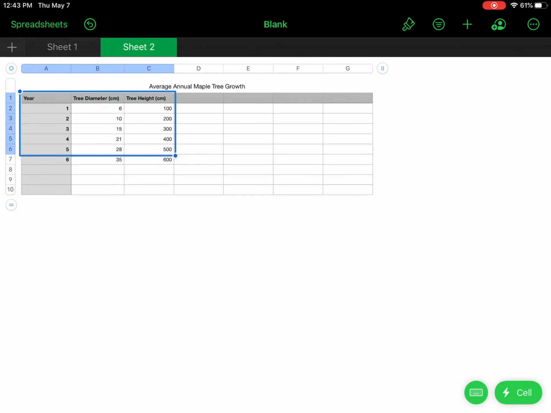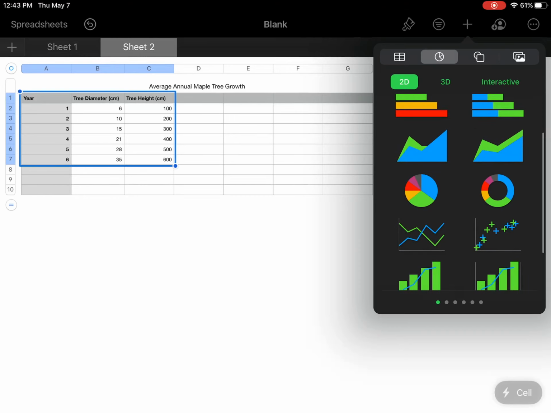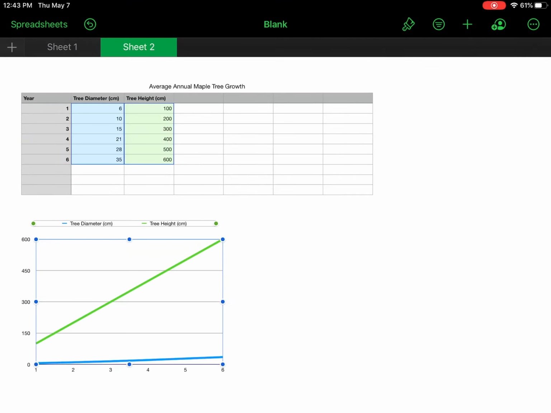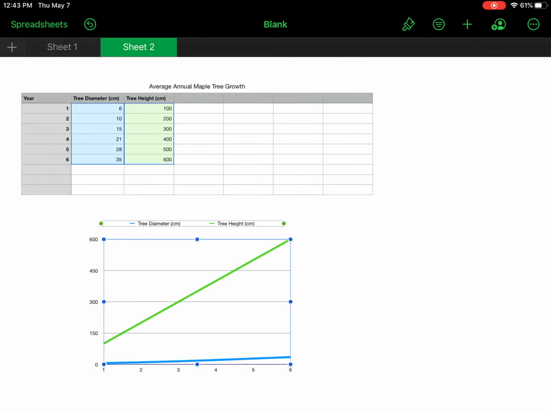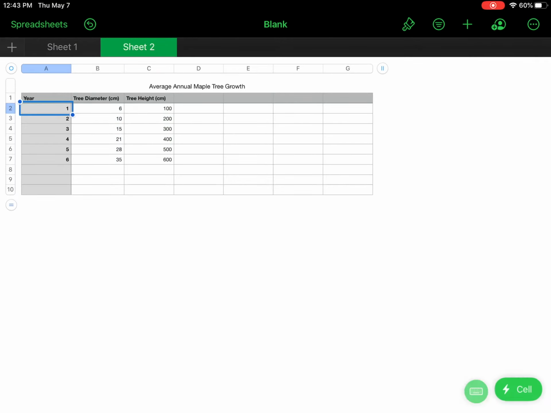Okay. Once you have all your data written out, you'll highlight the set of data. You're going to hit that plus. When we choose our graph, I'm going to show you what would happen if you picked the one probably most likely you would want. It would look kind of like this. And our blue line for, in my case, tree diameter does not really show what is happening with those numbers. So what we want to do is instead, when I highlight my data,